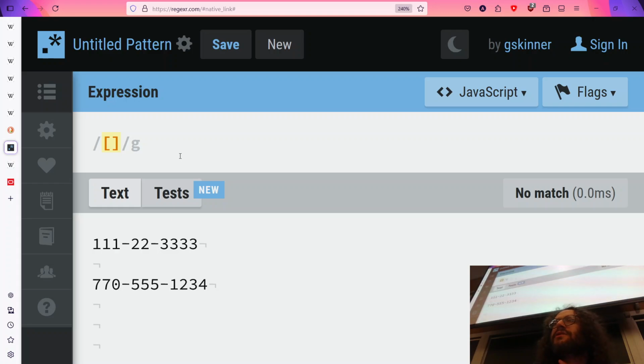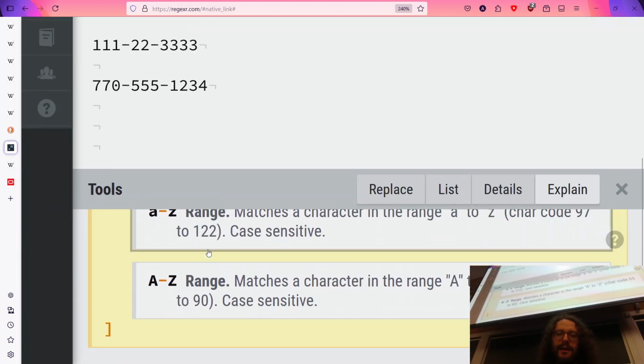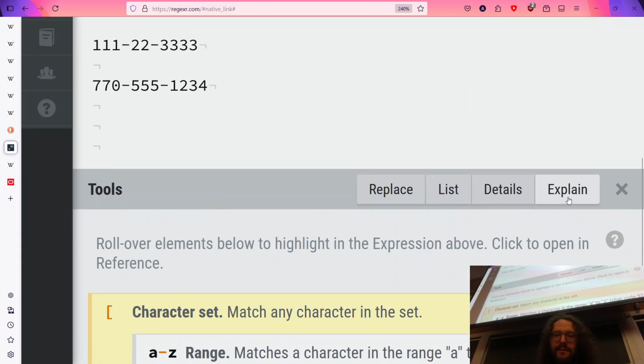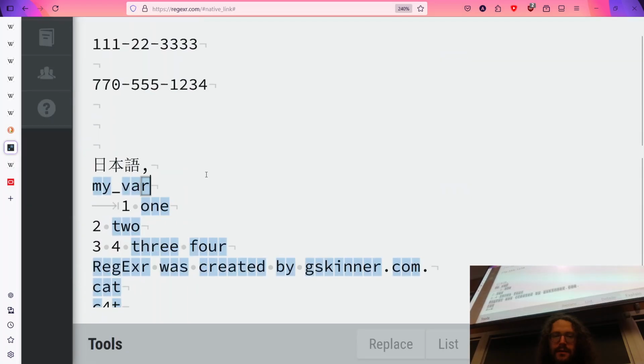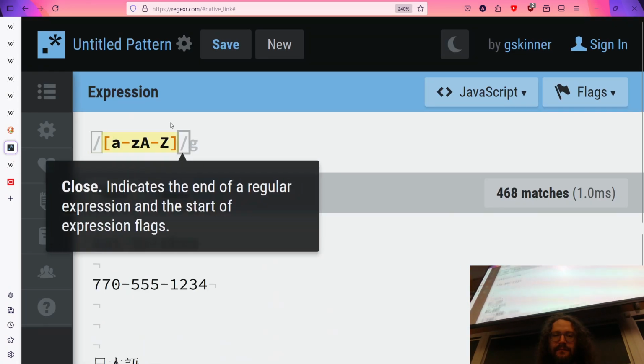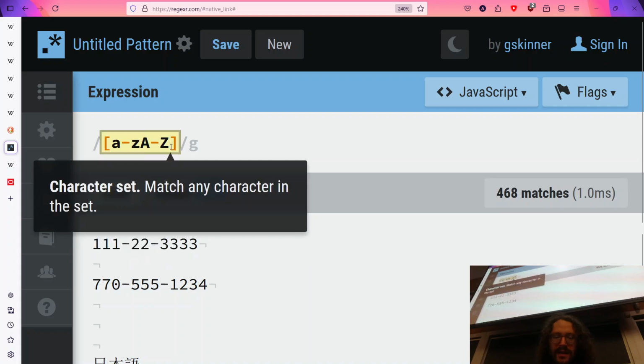Now, I think that covers all 3 of those. If you really want any letter, you can do A to Z, right? Any of the following. A to Z. And now it catches any letter. And I could say 0 to 9 as well.